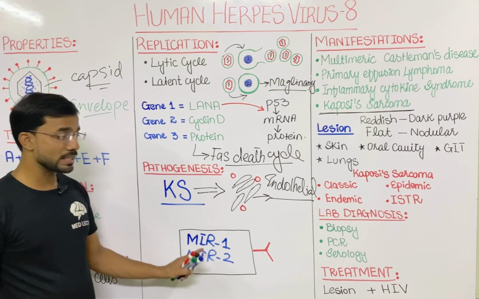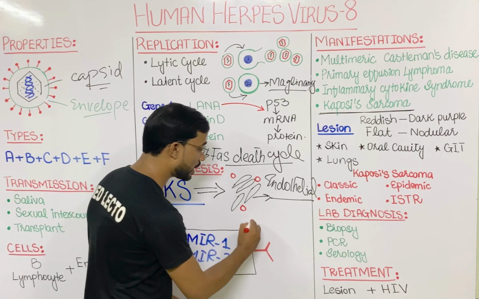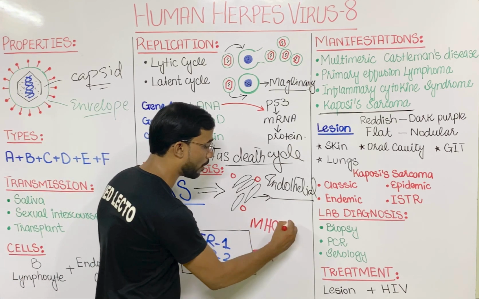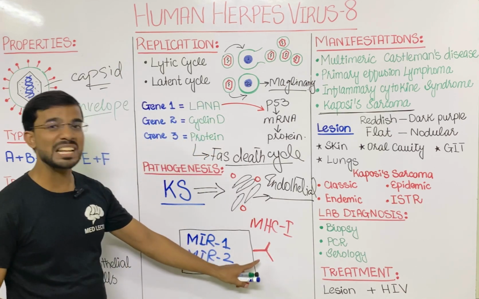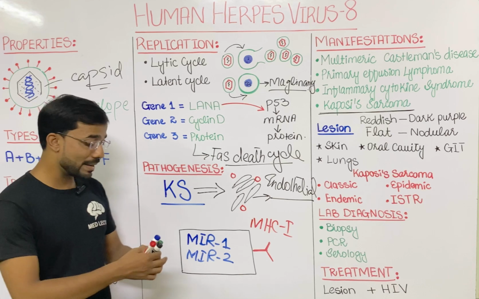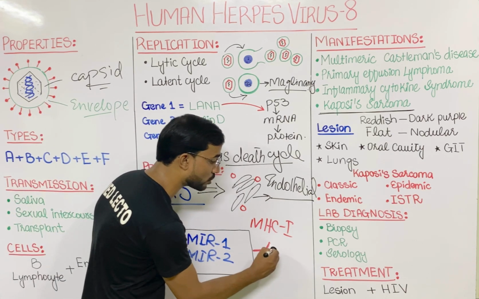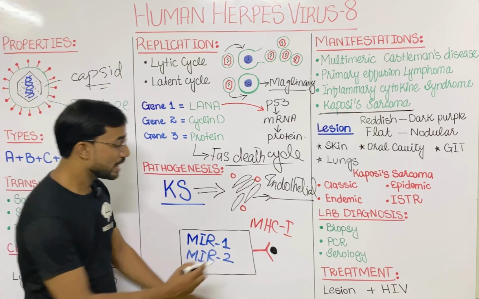These proteins suppress the expression of major histocompatibility complex 1 on the surface of the cell, because major histocompatibility complex basically presents the viral peptide on the surface of the cell, and as a result